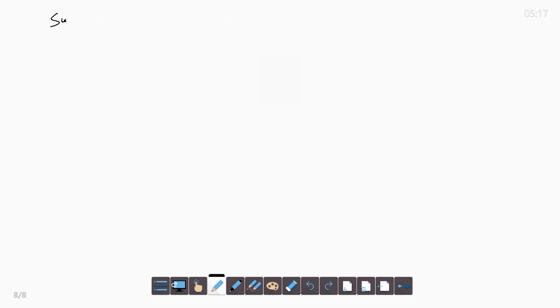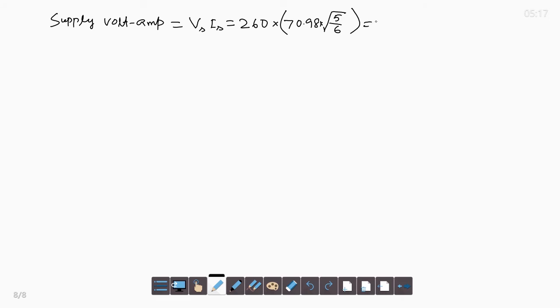Then supply volt ampere. Ampere starts with capital A, by mistake small a is written, equals to Vs Is, Vs is 260 into Is is 70.98 into root over of 5 by 6. This is Is equals to, we calculate,